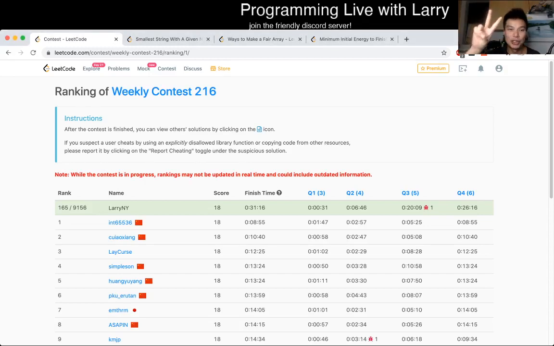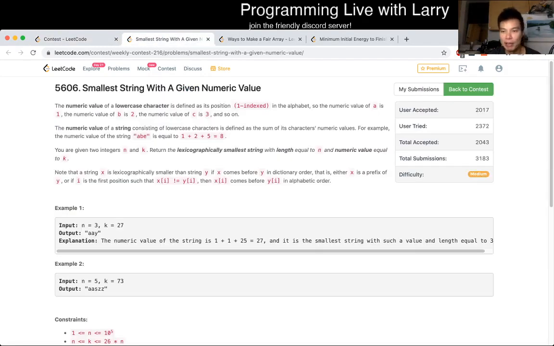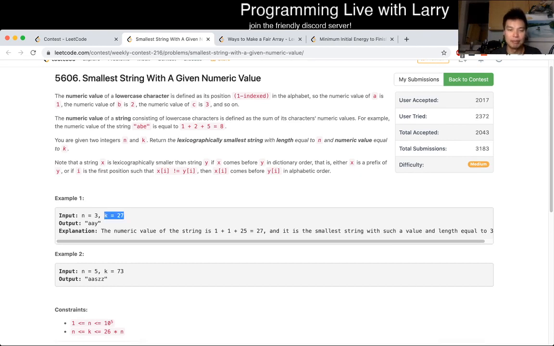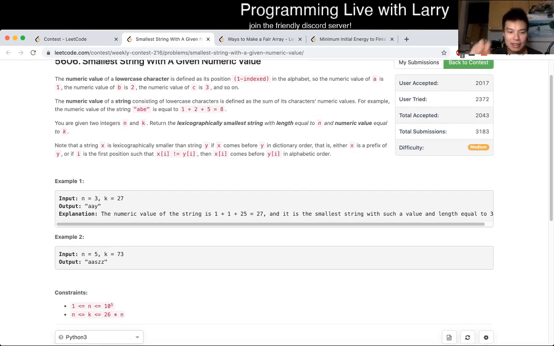This is me going with Q2 of the weekly contest 216, smallest string with a given numeric value. So this one is greedy. You have to figure out how to be greedy, and in these kinds of problems, especially the lexicographically smallest string where the sum is some small number, the question I would ask myself is, well, for every character,